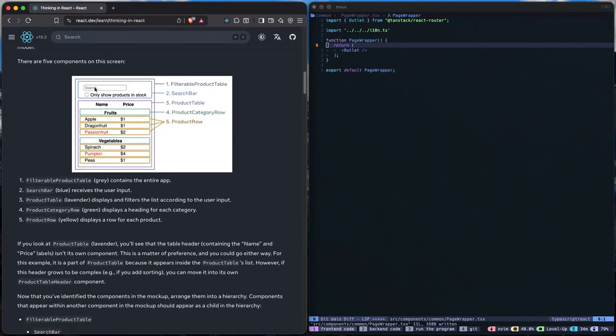Yep, receives the user input, and this, yeah, product table displays and filters the list according to the user input. Yep. Green, product category row, display a heading for each category. Fruits, vegetables. Okay,